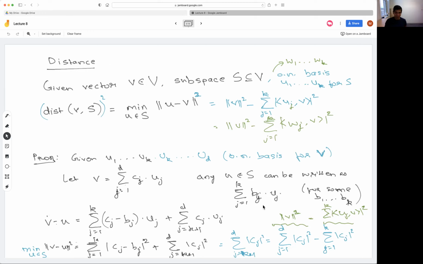And you saw orthogonal projections in the first homework and so on, and you can think why this operation is an orthogonal projection. So for a given point V, we find its closest point in S. This is some function. It maps vectors to vectors. You can check why it's a linear transformation, why it's a projection, in particular why it's an orthogonal projection, as we saw in the first homework. Okay, now let's get back to the problem we were solving.